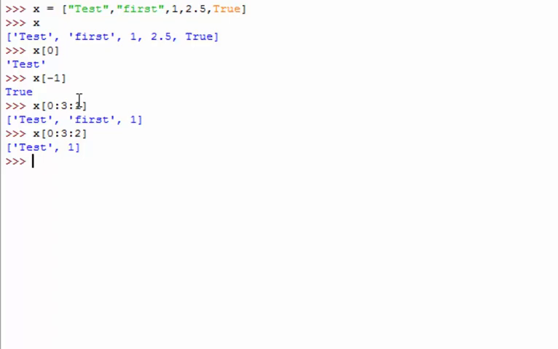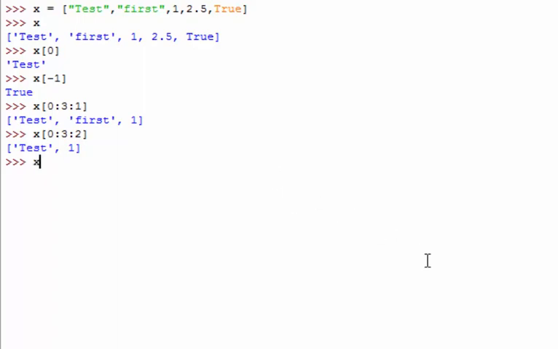As I said, list is mutable, so we can change the content. And to change the content, let's see some of the methods. List supports so many methods. We are going to see a couple of them, the methods which we basically use frequently in general operations. The first method that we are going to see is append.